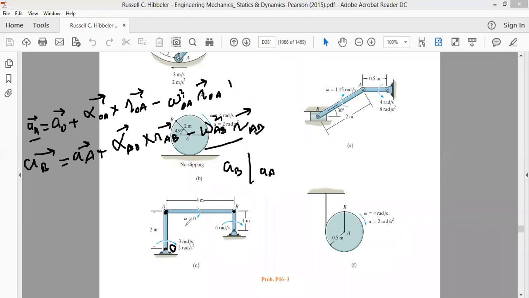Since we are given that the angular velocity of OA is 0, this term is 0. So we can write acceleration of B as equal to acceleration of A, that is acceleration of O plus alpha OA cross ROA